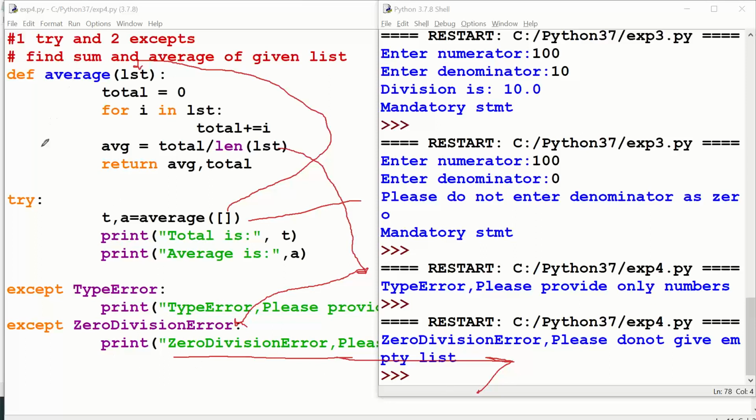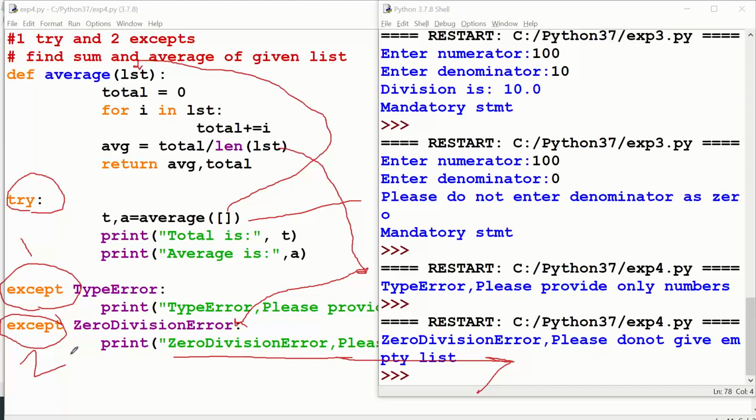So you see, one try block only, but two except blocks, except one and except two. Why have you given two excepts for one try? In this situation, there are two different possibilities of errors that may occur. So that is the reason I have handled two different except blocks.